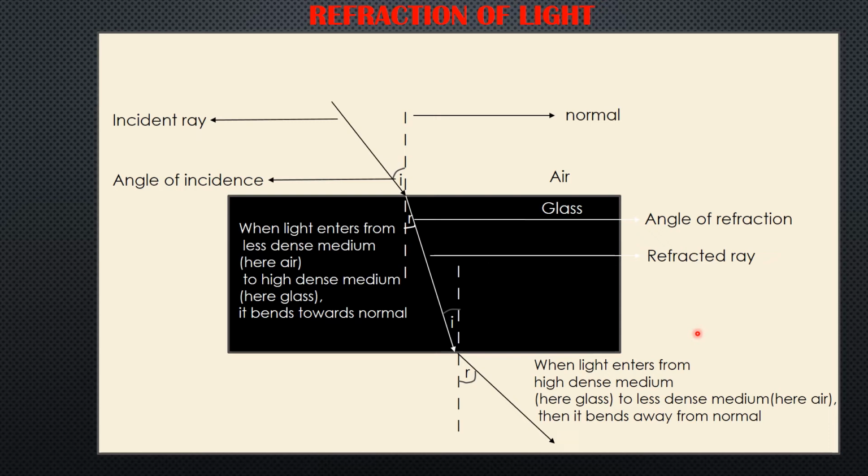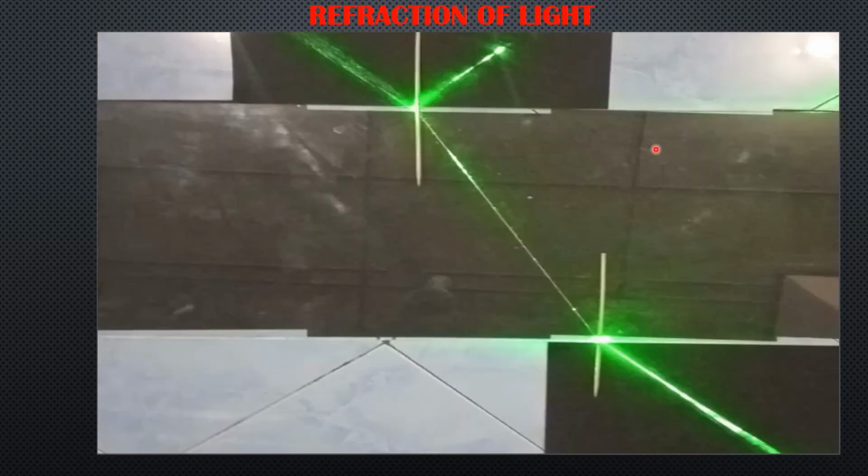So the same thing you have observed through our simple experiment. Let me share that image with you. Here is the image. You can ignore this ray because it is reflected. So you can ignore this one. So this is the incident ray, refracted ray, and again for this one it acts as an incident ray, and here is the refracted ray.